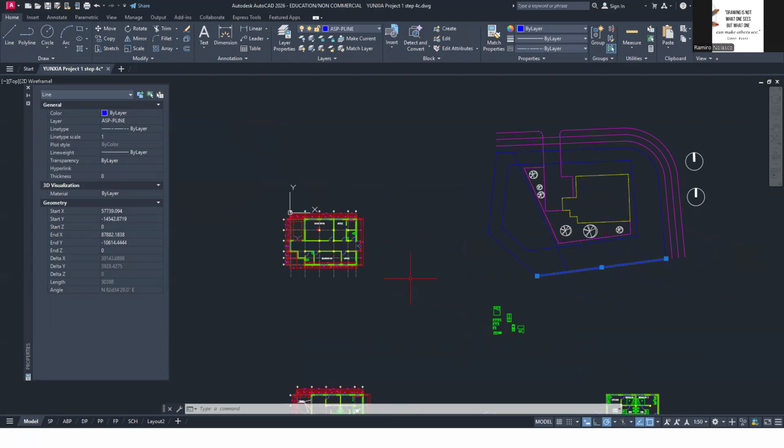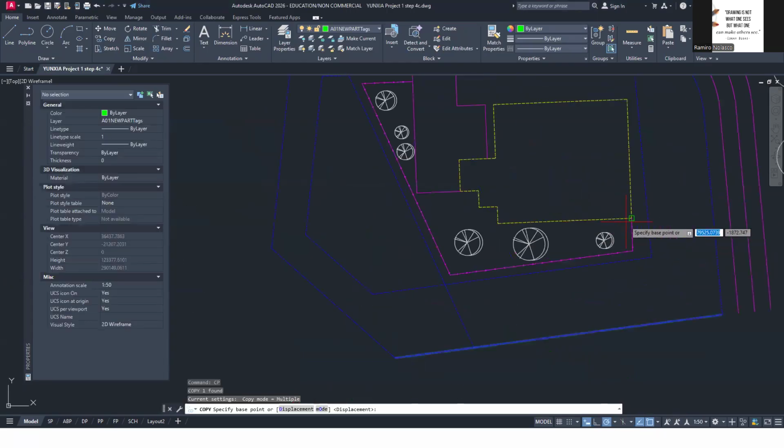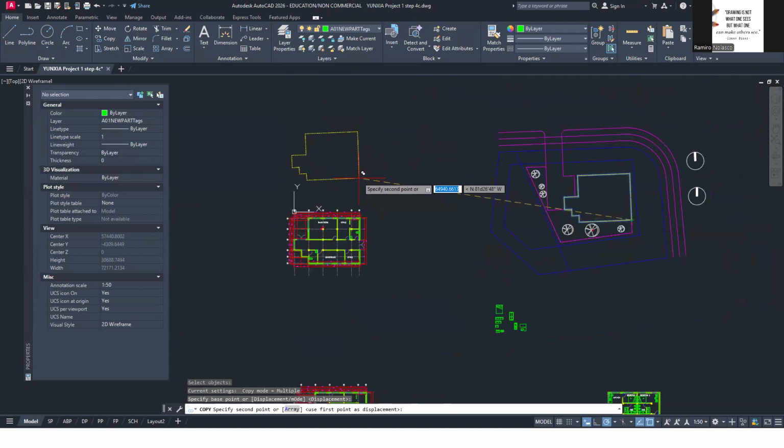So go back to AutoCAD. Kindly go back to AutoCAD. And then I'm going to copy this. I'm just going to copy this as a reference. So I'm going to copy this from here to here. Okay.